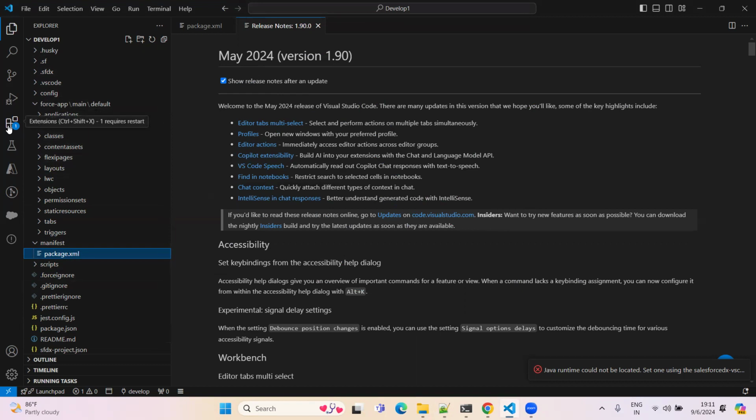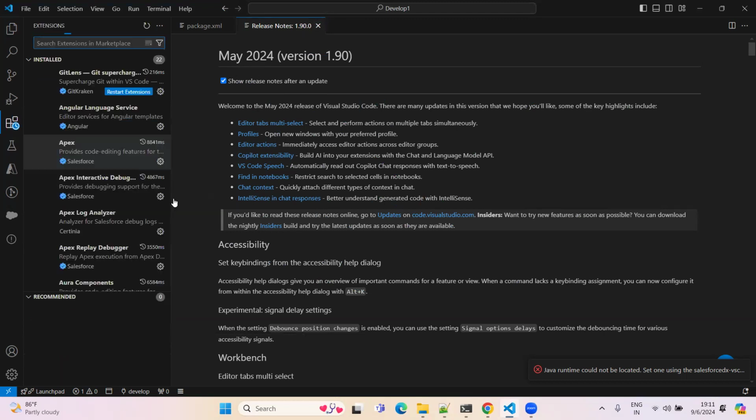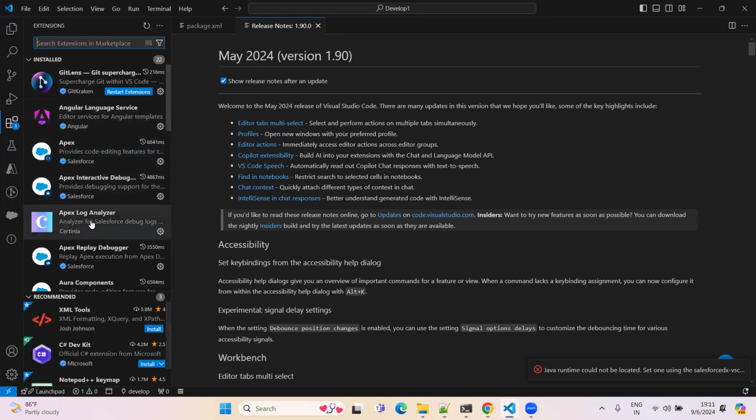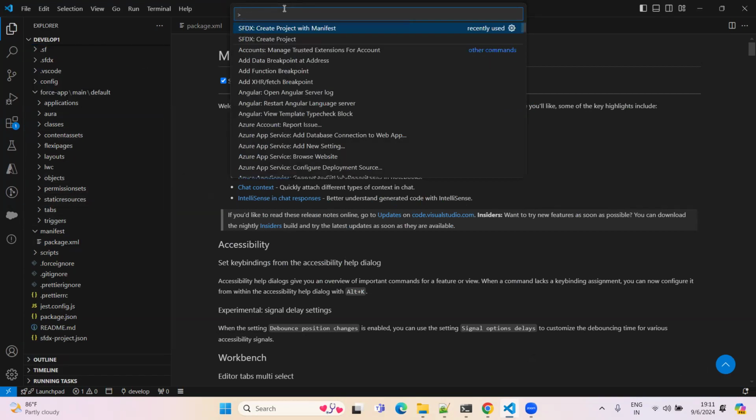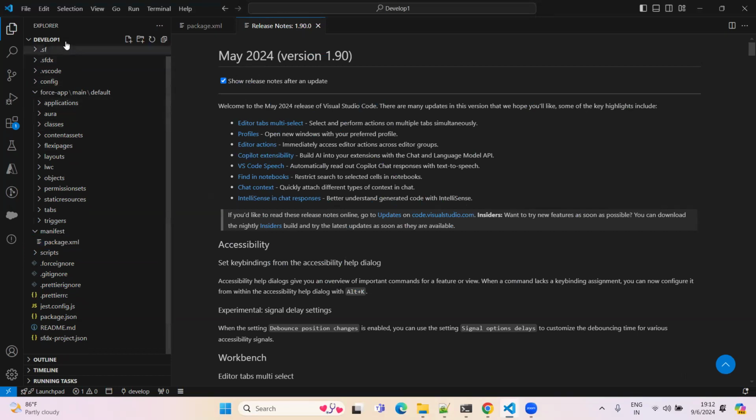Even though we are not installing any extension, we can manually type it, right? But to use it in VS Code, we have that extension from the marketplace. Once we installed it, we got that option from here. If you go greater than, all the related sfdx commands will be populated. And with the help of this command, we created this manifest project, and we kept the name develop one,